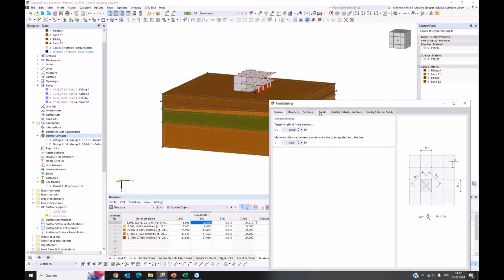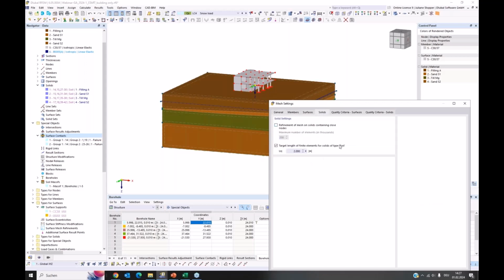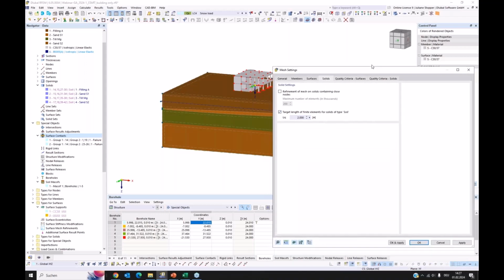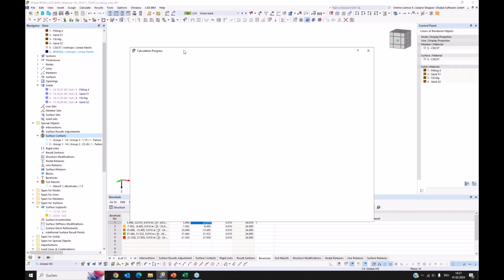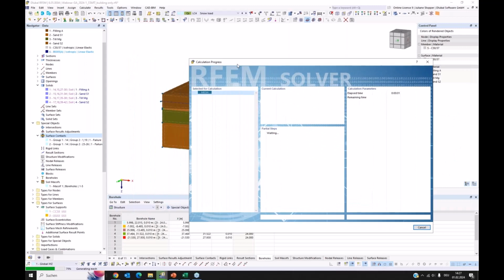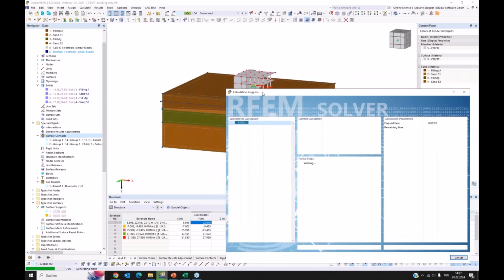And therefore, we did create here in the solids register an own option for you where you can write the wished size for the soil solids elements, finite elements. And we have here the 2 meters and the general is 1/2 meter. So this is fine for me. I say OK and apply, and our mesh generation will start. Our mesh will be generated